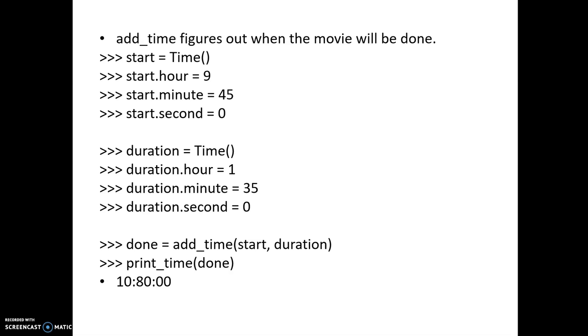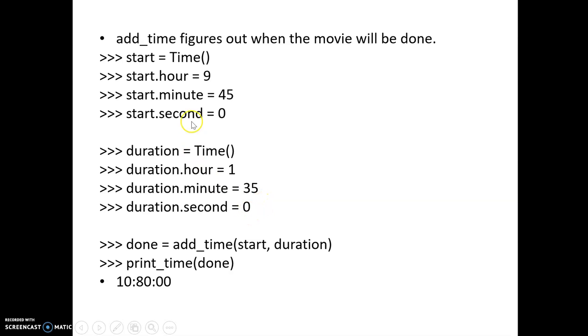The same function can be used for an example, like when you want to watch a movie and decide when it will end. That can be done with a simple addition. You can see here start has been taken as an object of the time class, where three values have been set for the hour, minute and second. A new object has been created as duration for the time class, and again three values have been set.